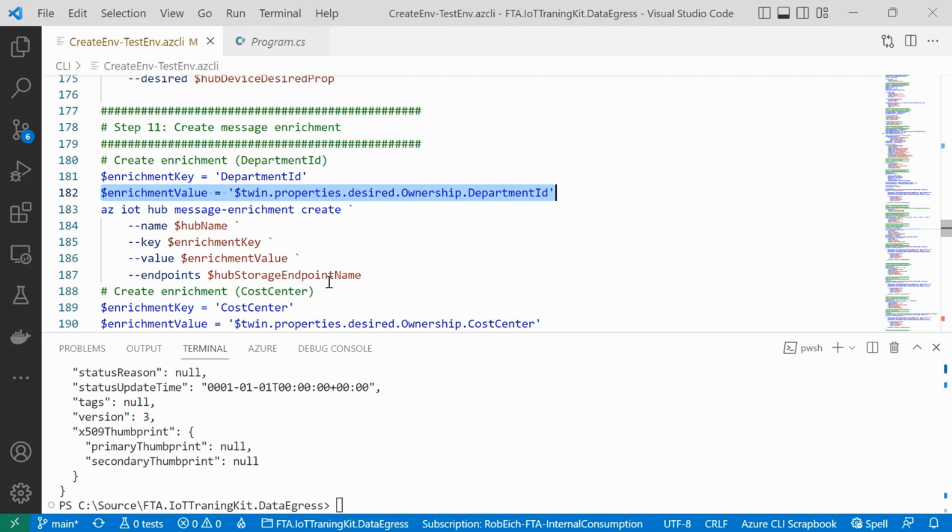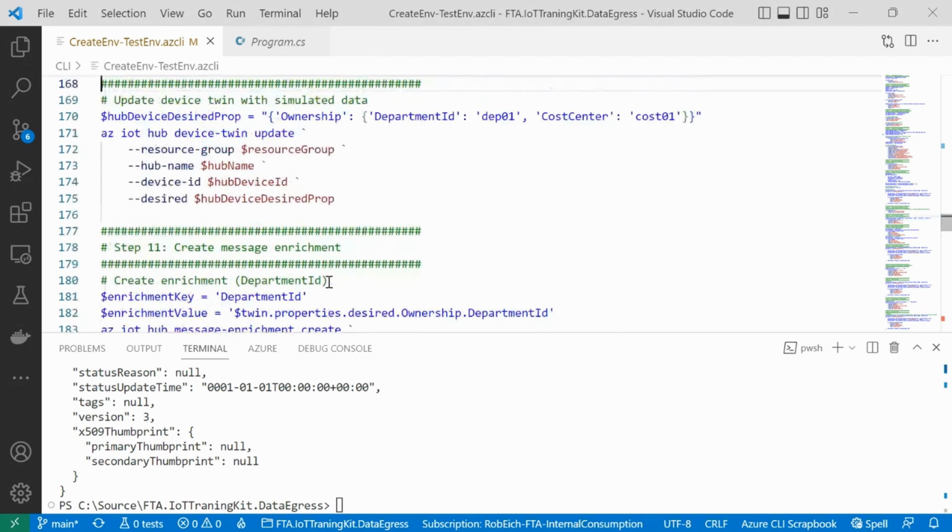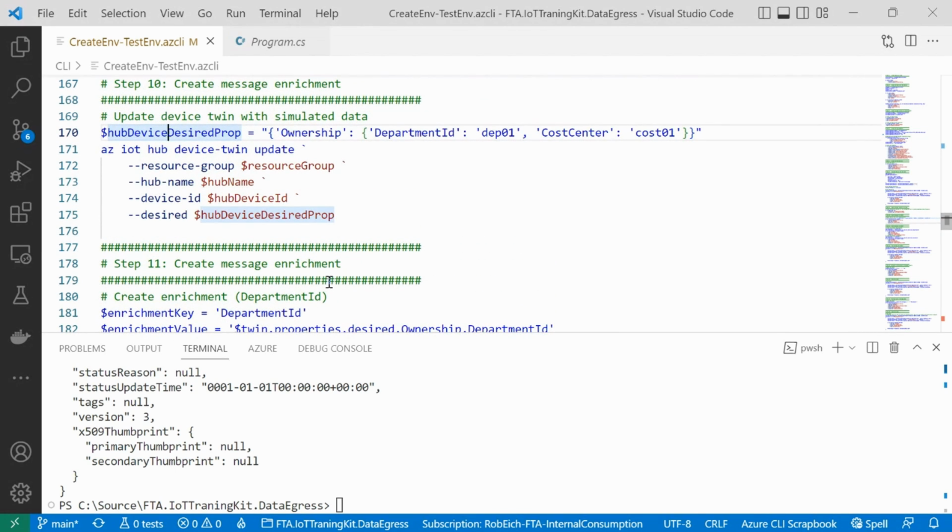This is a reference to the device twin. Then in the properties, in the desired ownership department ID. And if we go back, that is exactly the JSON format that I have created here in the device twin. So that's all I have to do.